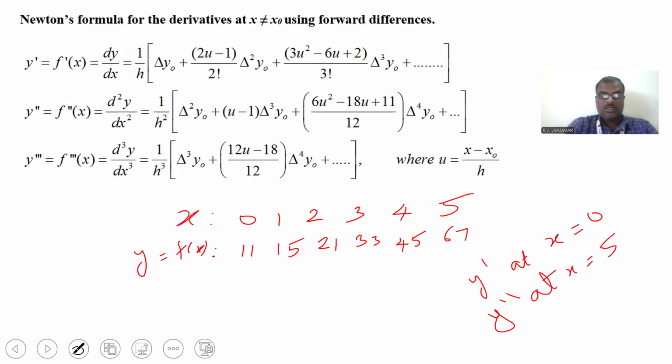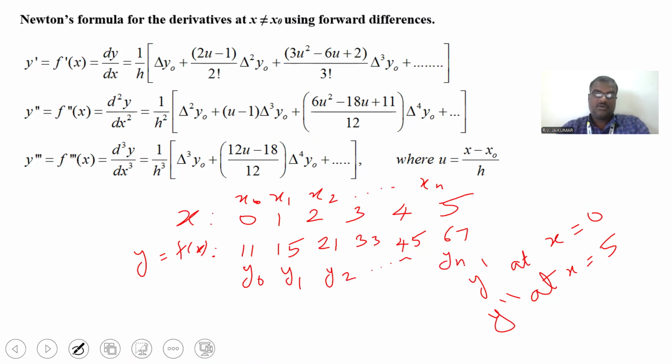Okay, and here the value of x starts from x naught, x1, x2, and so on up to xn. The first value of x is x naught. The first value of y is y naught as well, y1, y2, and so on, yn. So these are the various values of x and y. And here they're asking to identify the y dash value. For that, we need